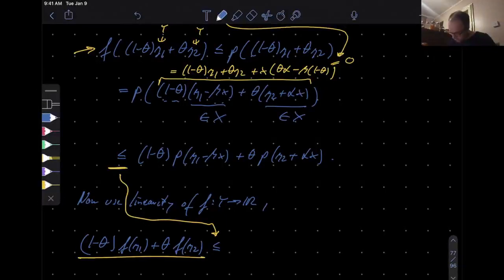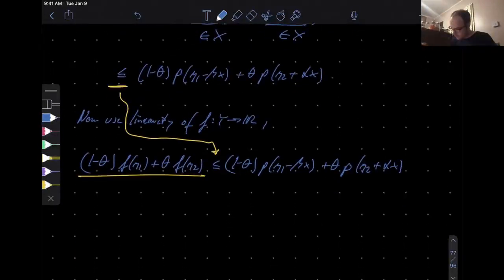So it is therefore bounded by (1 minus theta) p(y1 minus beta x) plus theta p(y2 plus alpha x). Okay, so we have this, and now we are done,